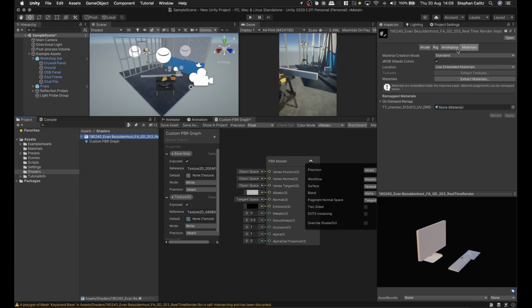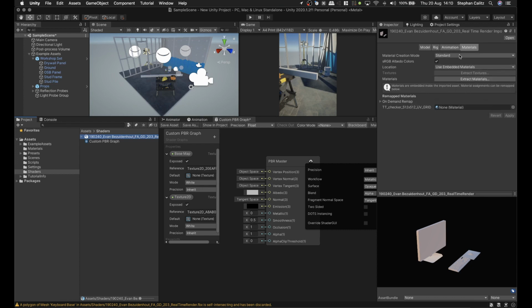The moment that you import your models, you're faced with this question whether or not you want to extract the materials and the textures. If you've done a good job at prepping your model for Unity, you wouldn't have too many of these. You'd only have one material, or maybe a material per object, and then some textures. And most likely, if you're coming from something like